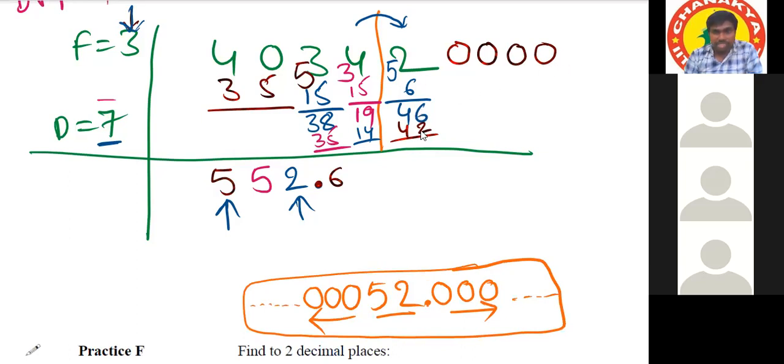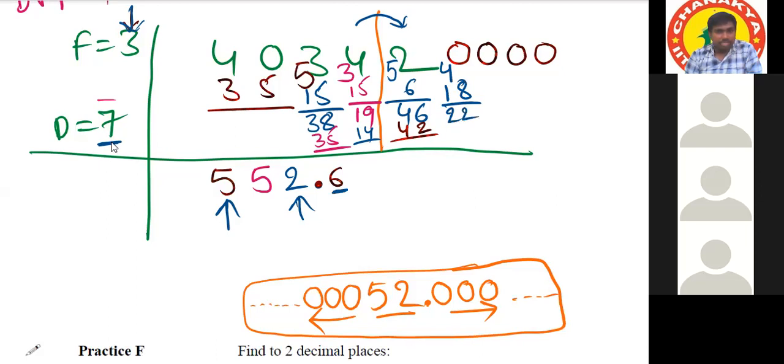So now tell me, 46 minus 42 is how much? 4. Write it before the next digit, that is 0, and the number becomes 40. Continue your calculation again. So this 6 divisor multiplication is over, and go to the flag multiplication again. 6 3s are 18. Now subtract 18 from 40. The remainder is 22.